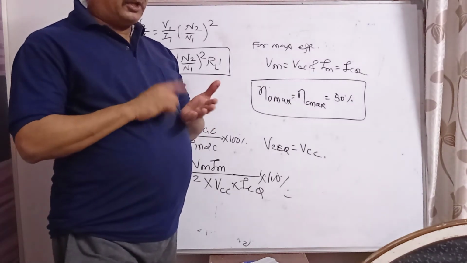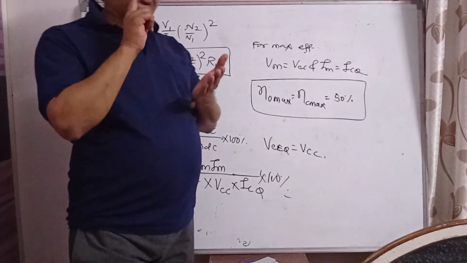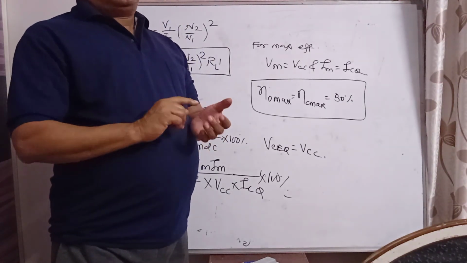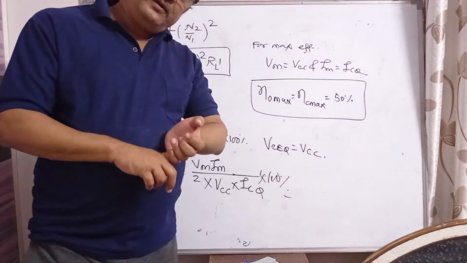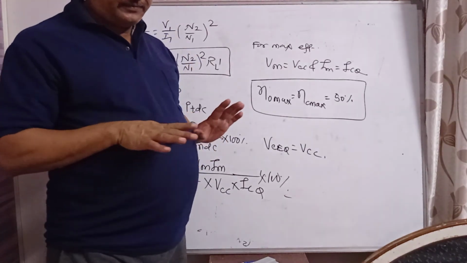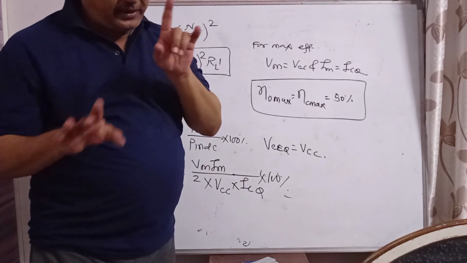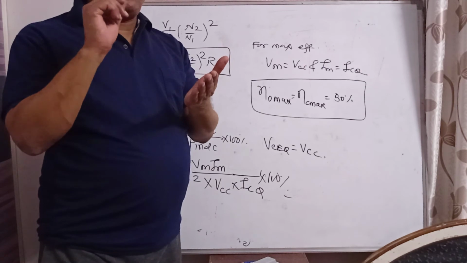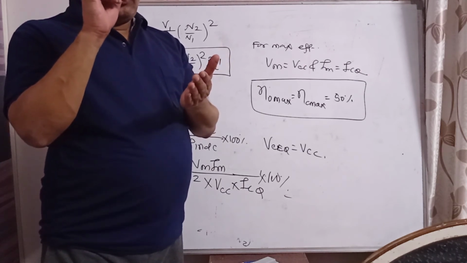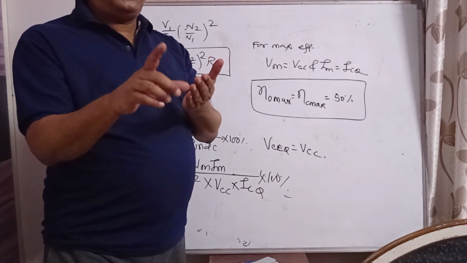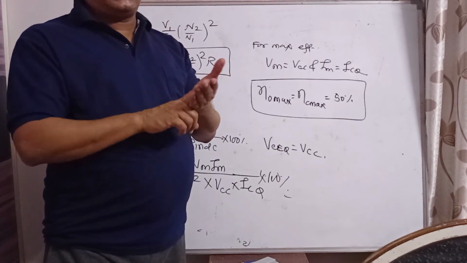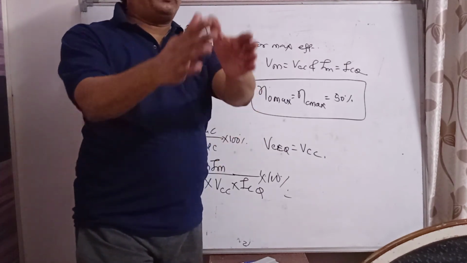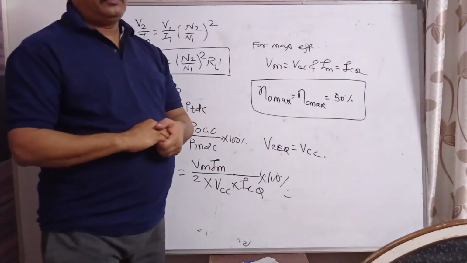First you will define transformer coupling, which means in place of the collector resistance, the primary of a transformer is connected. Since the primary is an inductive winding, its DC resistance RDC is 0. RDC and RL dash are different, please mind well. RDC is the DC resistance, and since the winding is inductive in nature, the DC resistance is 0. While RL dash is the effective primary resistance, the effect of secondary RL on the primary.